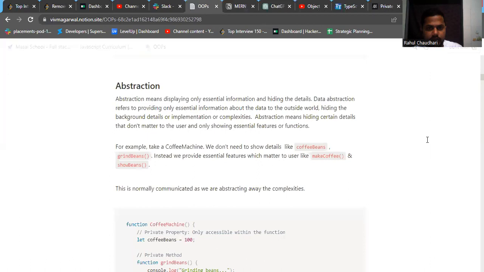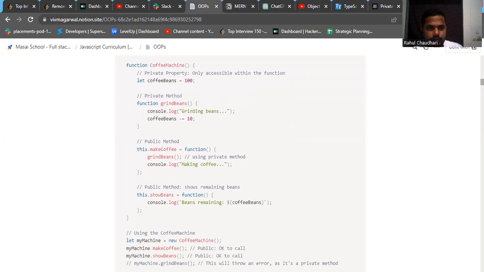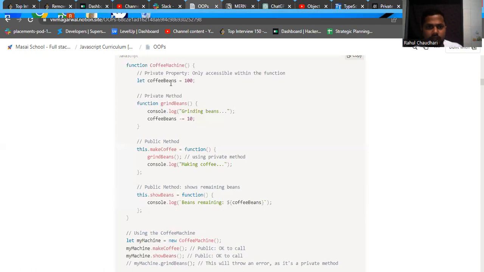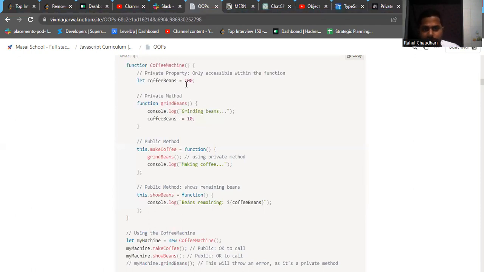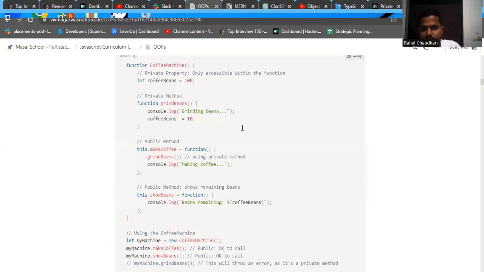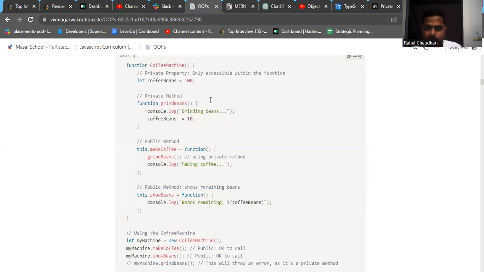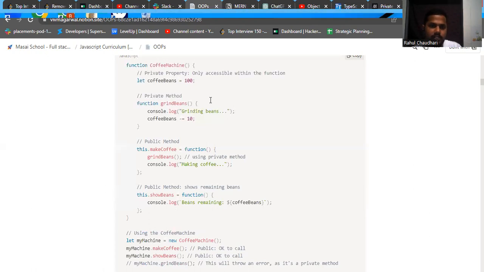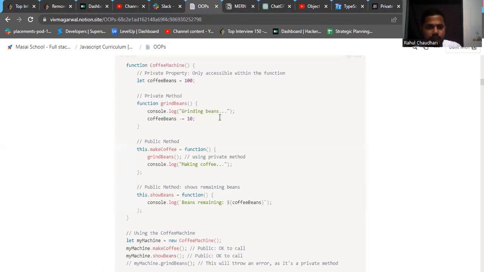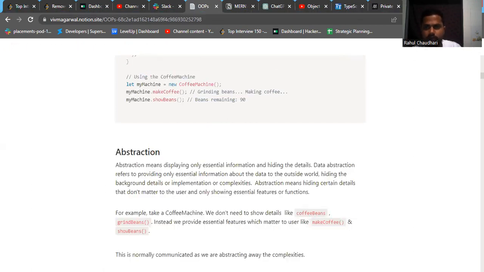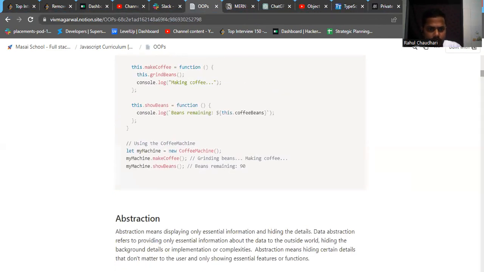So abstraction helps. Taking this example again, we are creating coffeeBeans, which is private, and we are calling the private method. A private method is accessible only inside this constructor function, right? Not outside. So you can see here,